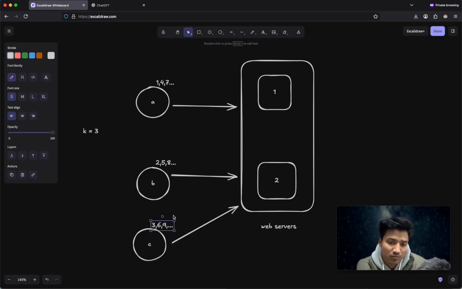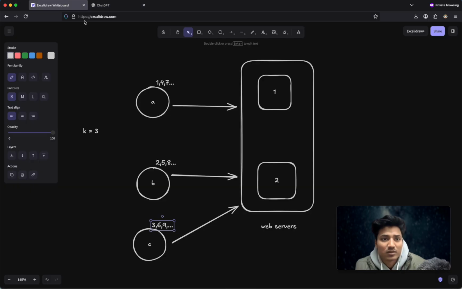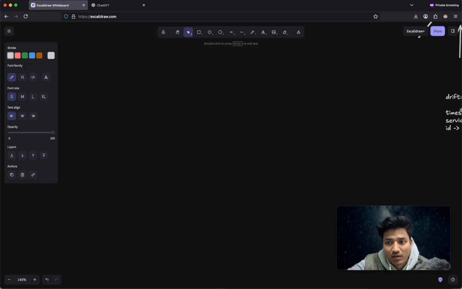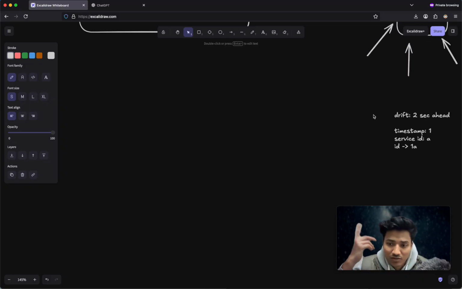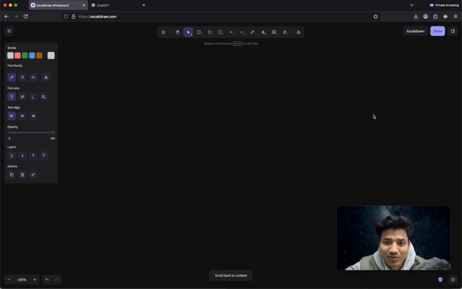Obviously, this could be solved with a more advanced algorithm, but then again it becomes a little bit more complex for something that is literally disqualified for being only nice to have. But that's also a solution we just have to keep in mind. Now, this was something I was thinking when I was creating the video. I was thinking out loud, so that is something I wrote. And then the last thing that we have to actually think about